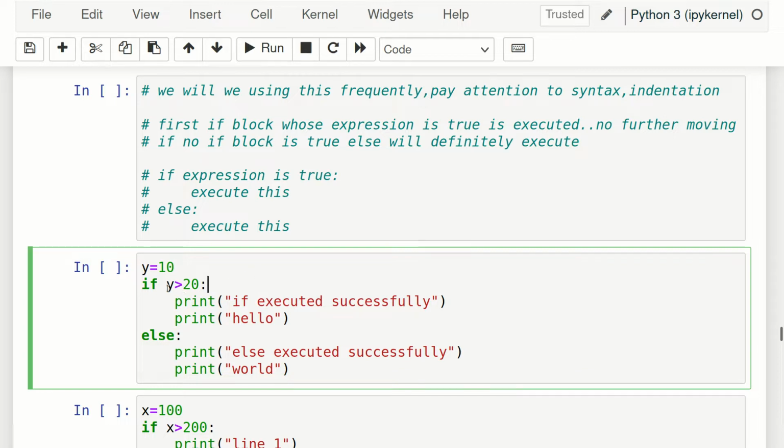Now see what this condition is. It is saying that y is greater than 20. Is it true? y is 10 and I am asking is y greater than 20, which means false. So since it is false, Python will directly move to else. It will not execute this print. Now let me run this.